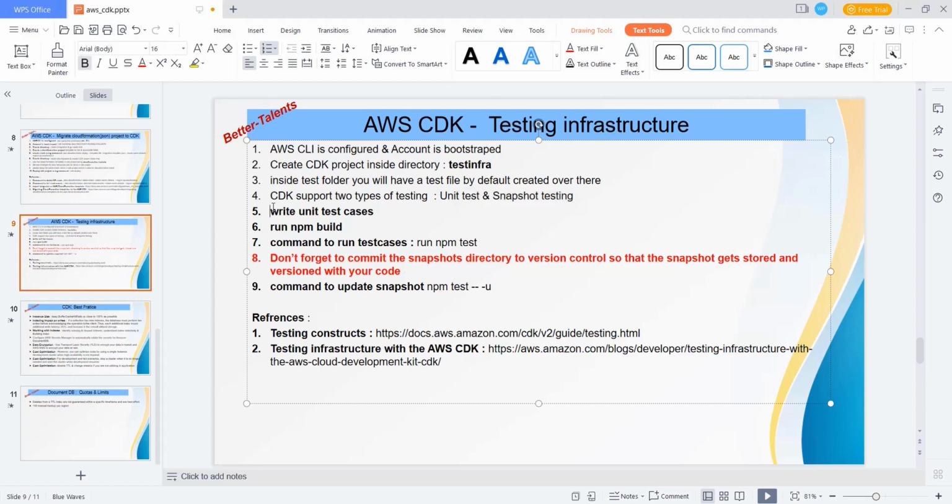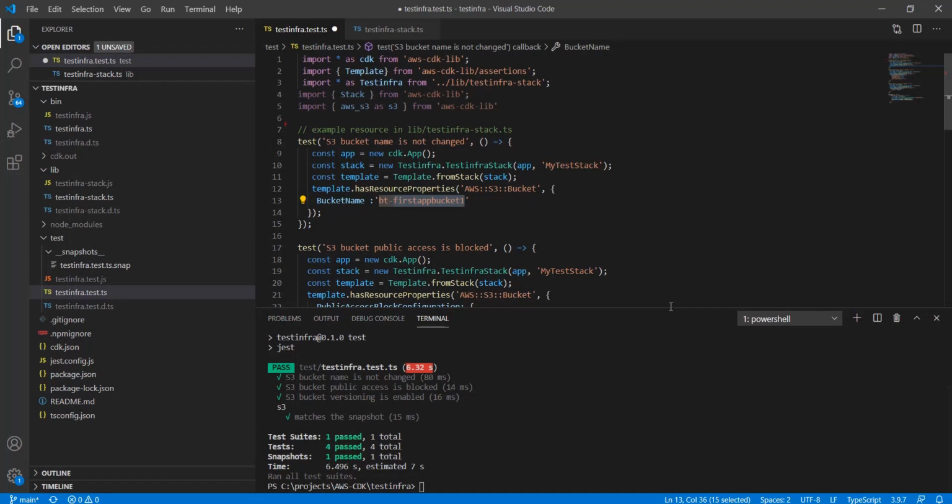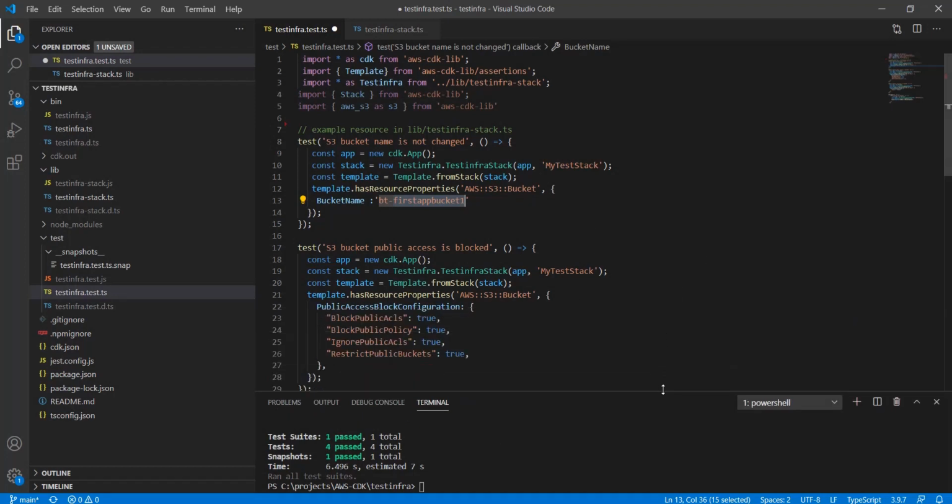Now we're going to go to the next step, writing a unit test case. Unit test cases I have written over here in this file. The first test case is that the S3 bucket name is not changed. I have created the app, then I have imported this InfraStack. InfraStack is over here,